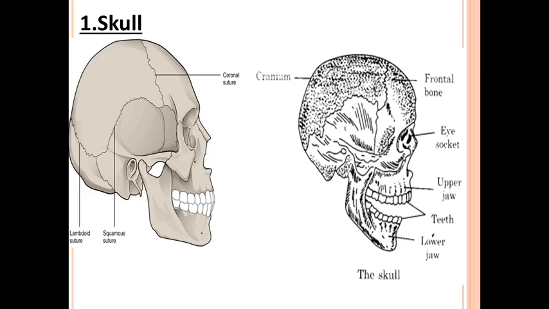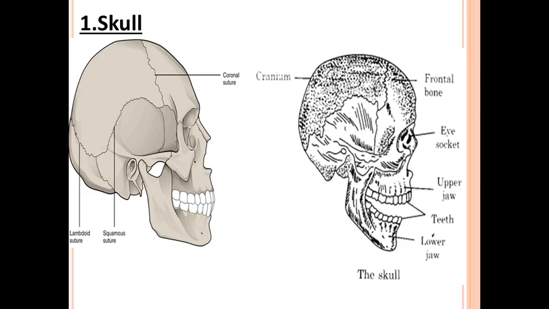Now you have to write down the notes, so please listen carefully. The first point is that the skull is the topmost part of the skeleton. We have learned that. This skull is made up of 22 bones, and these bones are extremely hard and strong. Understood? These bones are extremely hard and strong.